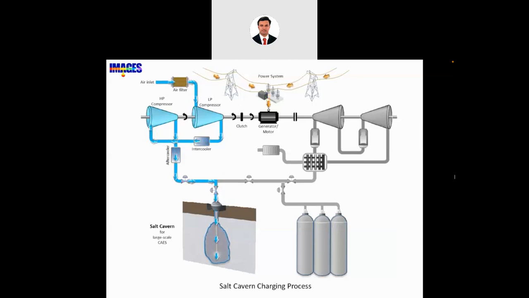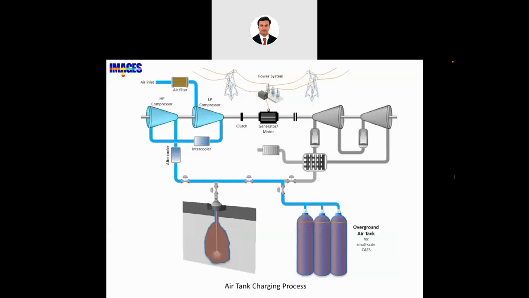First, let's take a look at the charging process. During the periods of low power demand, the surplus electricity drives a reversible motor generator unit to run a chain of compressors for injecting air into a storage vessel. For large-scale systems, a high-capacity underground salt cavern is used. The energy is stored in the form of high-pressure air, with the pressure typically 40 to 80 bar. For small-scale systems, an overground air tank can be used.